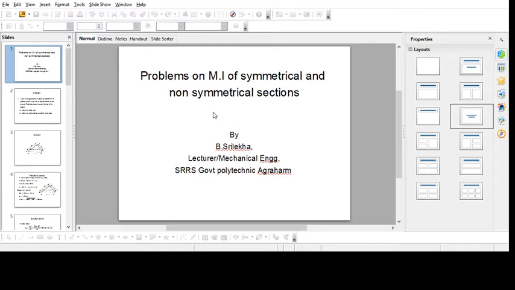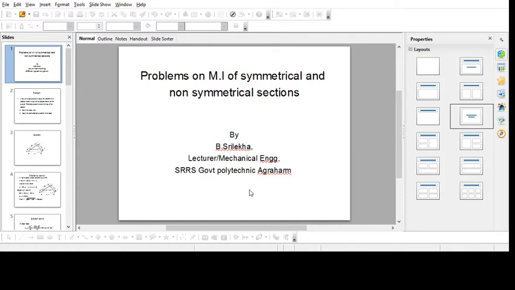So there are 3 rectangles: the upper one is 90 by 10, the second one is also 90 by 10, and the third one is 120 by 20. By that you can use the formula length into breadth and calculate the areas. Next, we will trace out the moment of inertia of everything. For this, I take the origin, which is the intersection of both the x axis and the y axis.